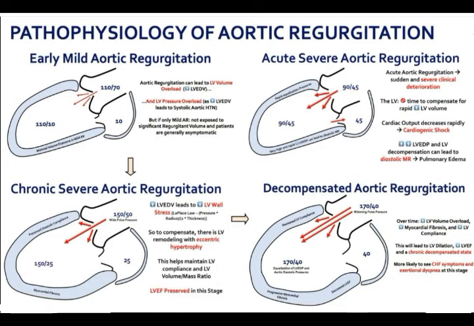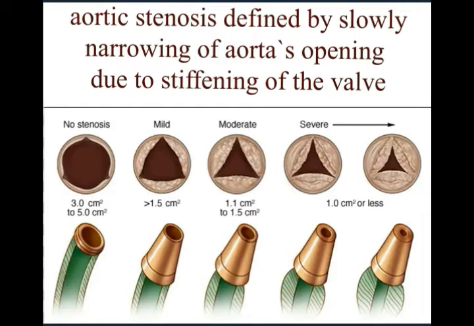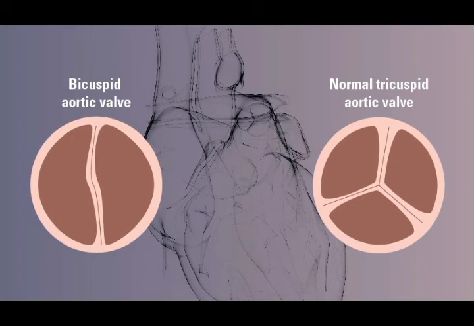Now, there are conditions, diseases, defects, or injuries that can affect the aorta's ability to do its job. These conditions include aortic regurgitation, or leaky heart valve. The aortic valve leaflets in this case do not snap shut all the way. This causes the blood to flow back into the heart instead of your body. Another defect is aortic stenosis. This is when the aortic valve becomes stiff and narrow, limiting the blood flow to your body. Bicuspid aortic valve disease is also a genetic problem where the aortic valve has only 2 leaflets instead of 3. This defect is present at birth, but